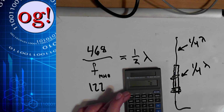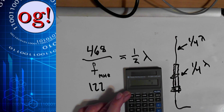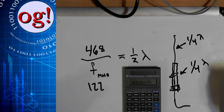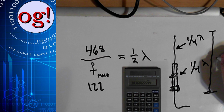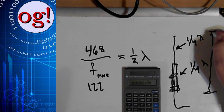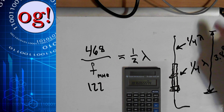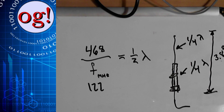Okay, so it's 468 divided by 122 is 3.8 plus feet. So this whole thing right here is 3.8 feet. And I'll let you figure out how many inches that is, and you can go from there. And that is easily something that you can take to one of those strings on the parachute and do your